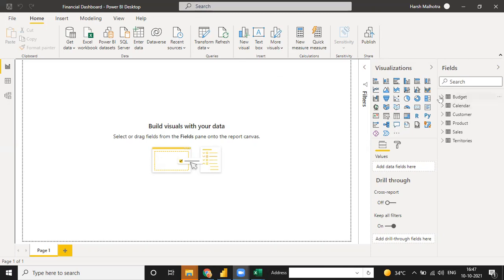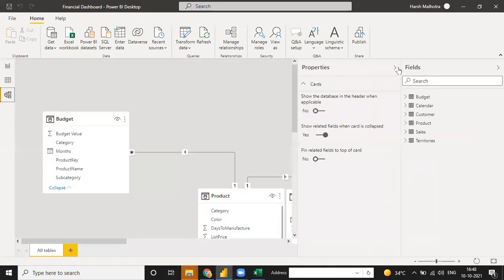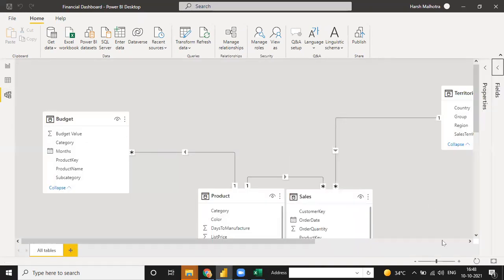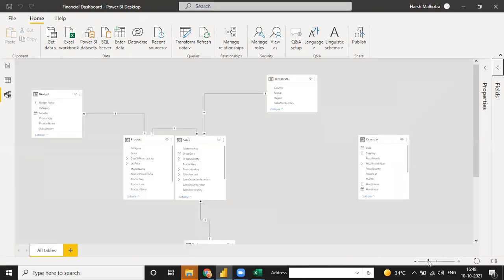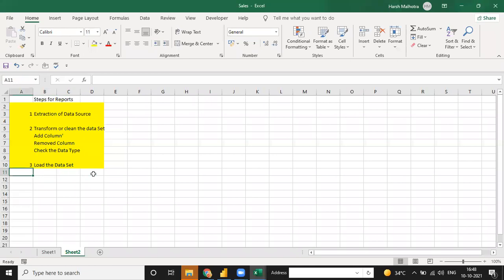See, when all the data is imported and loaded into Power BI, the next thing is to maintain a relationship. The fourth step is the data relationship.